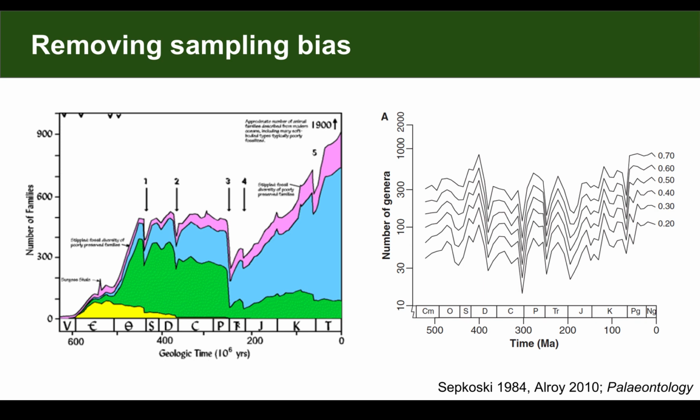A critical feature, though, is that when we start to think about sampling bias, if we come up with methods to hopefully remove it, we can see that it can dramatically change our perceptions of the history of life. On the left here we have one of Sepkoski's classic curves. It has features, for example, of the Paleozoic plateau. Diversity seems to reach this level somewhere in the end of the Ordovician that it stays at until the end of the Permian. And then after the Permo-Triassic extinction we get this steep rise towards the present.